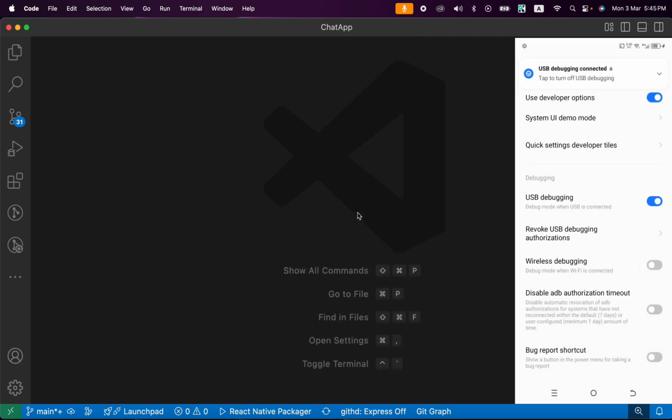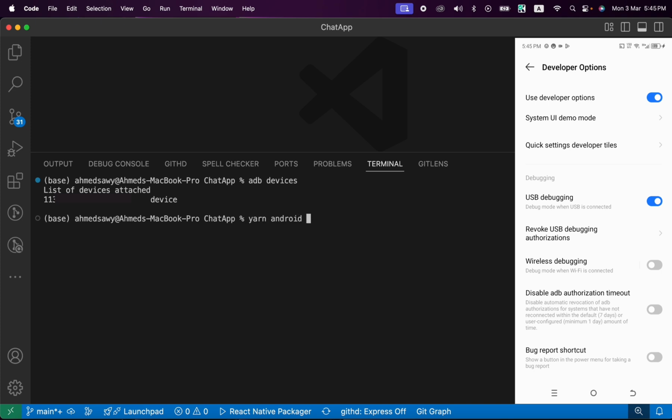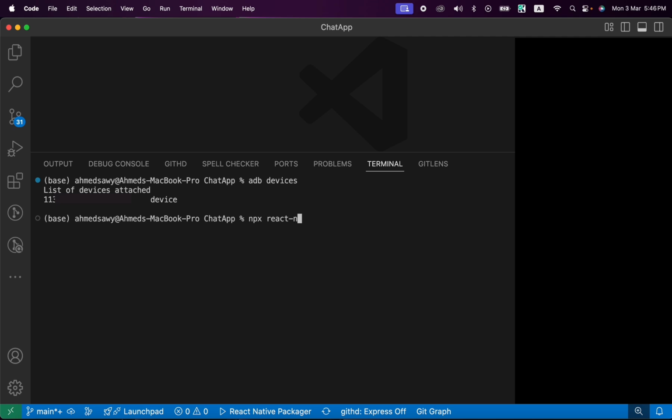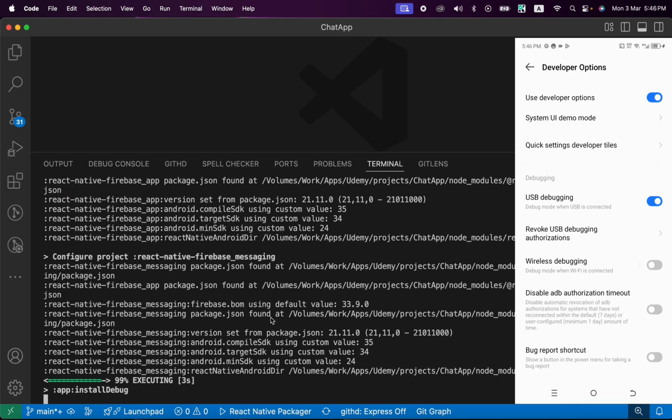Now if you open your terminal and just type adb devices, you're gonna see here our device number. And you can now run your Android app using yarn android like this. And if you didn't install Yarn yet, you can use npx react-native run-android. But I prefer using Yarn. Okay. Now when you press on it,